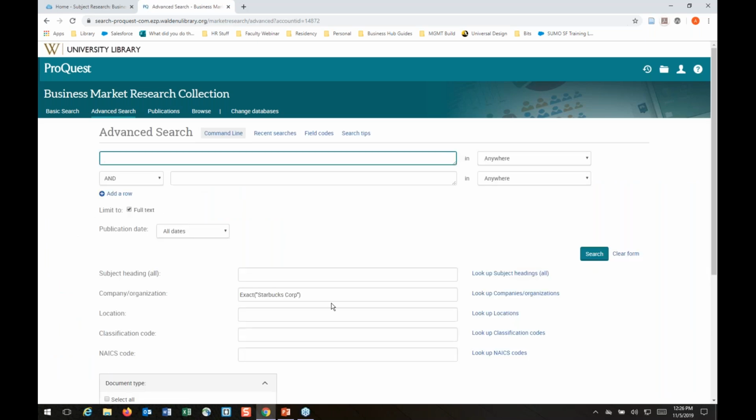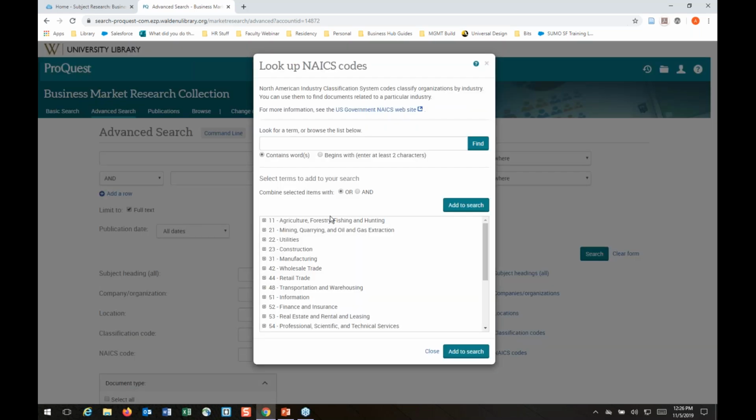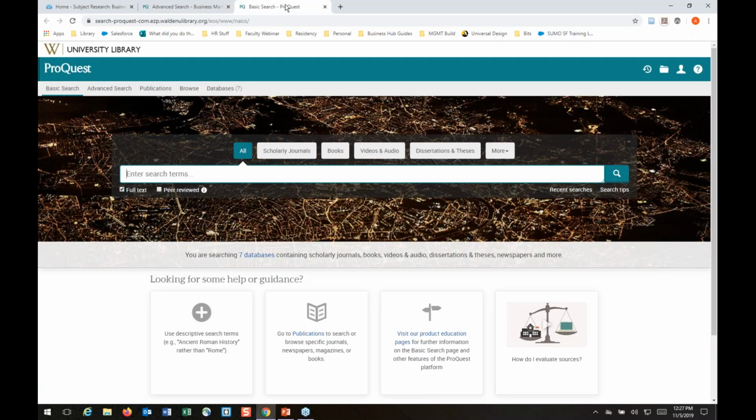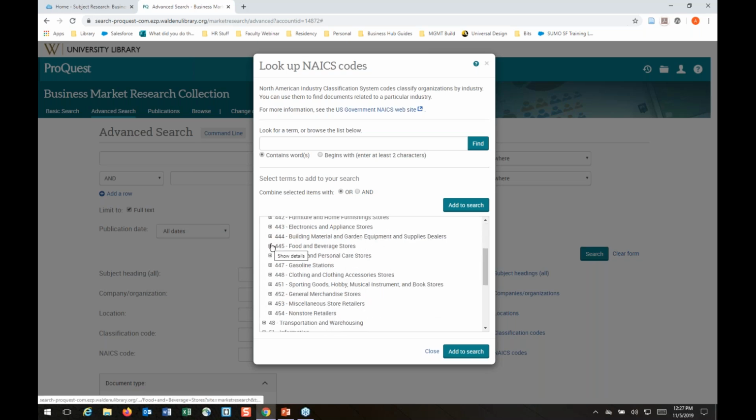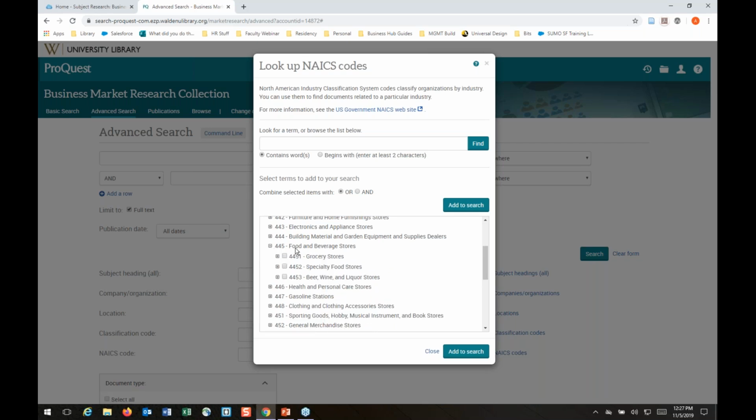The other thing you can do here, and I'm going to delete this, is look up the NAICS codes. So you could do this by searching for a specific one. If you already had the NAICS codes, they actually have a link here. So if you wanted to go find it, oh, of course, it's being difficult. All right. So you can just search for the U.S. government NAICS codes through their website. If anybody wants me to show you how to do that, I can certainly do that after we've gone through these. But as far as looking up something related to what we're discussing, which is the coffee shops, you could